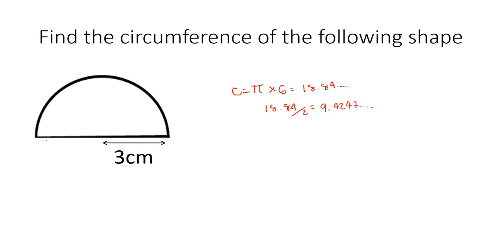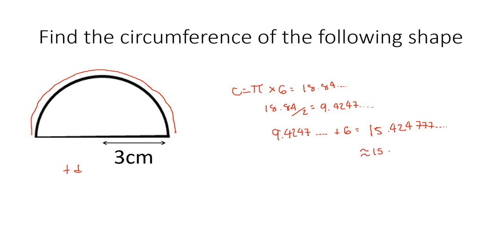Because we have now found half of our circumference, we now need to add on the diameter of our circle. So we have to do 9.4247 and so on, plus our diameter, which is 6, which will give us an answer of 15.424777 and so on, and rounded to one decimal place, we get 15.4